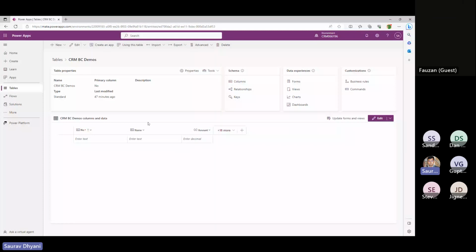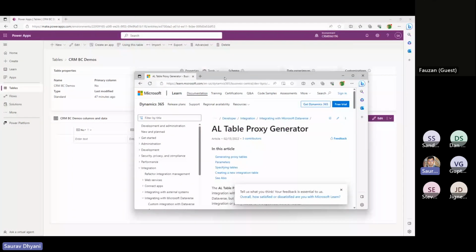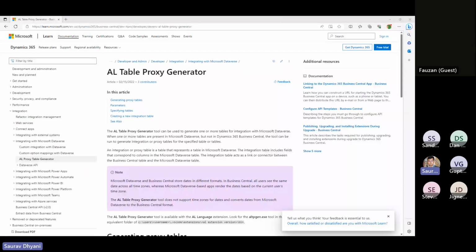So the first thing that we saw last week also, is that there are some virtual tables created within Business Central for these CRM tables. And that's kind of the first step to integrate these entities between CRM and Business Central. For that, I have seen some people building those virtual tables manually. And I guess that's where we kind of miss some of the Microsoft documentation, which is here. There's this documentation or a utility available inside your VS Code, which allows you to create the proxy tables for CRM entities that you have,